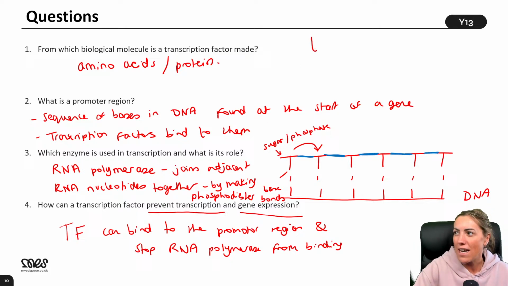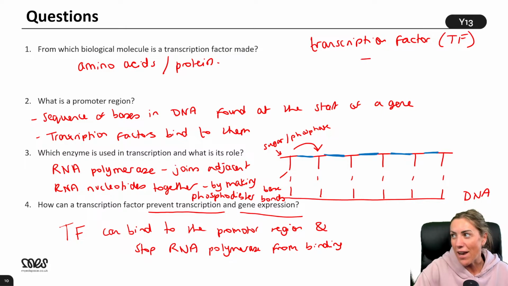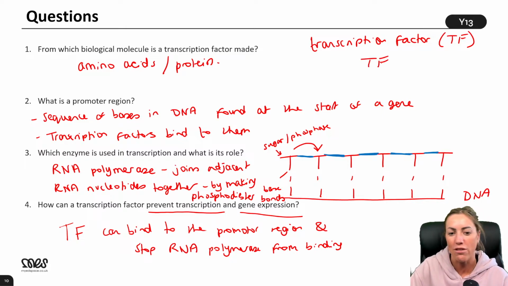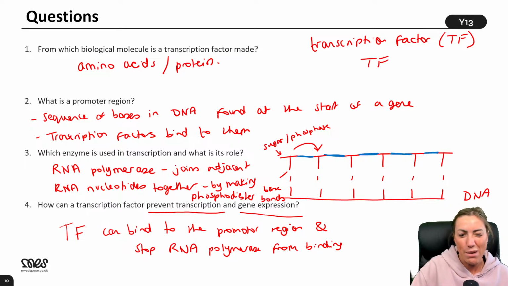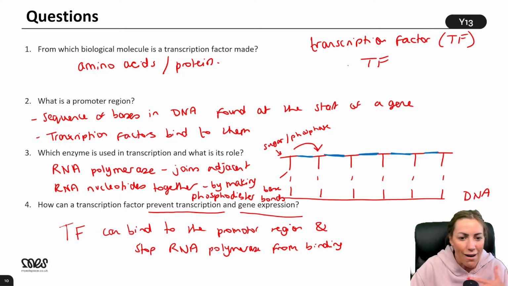With any abbreviation, if you want to abbreviate it, write it out once, then put your abbreviation, and then you can use your abbreviation throughout your answer. But no, I'm just being a little bit lazy, just trying to save time. Don't abbreviate it. I would worry about abbreviating anything. Like RER, SER, smooth, rough endoplasmic, that's usually fine, but I'd still write it out fully just in case, because I don't want to lose any marks.